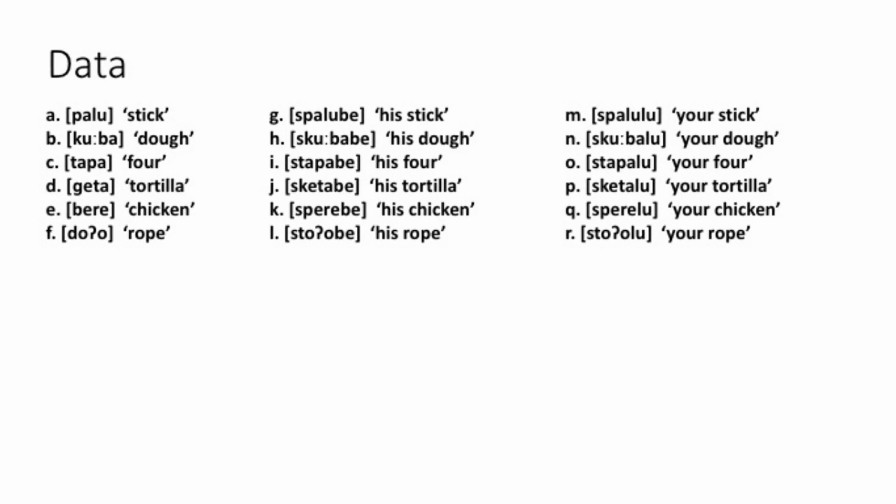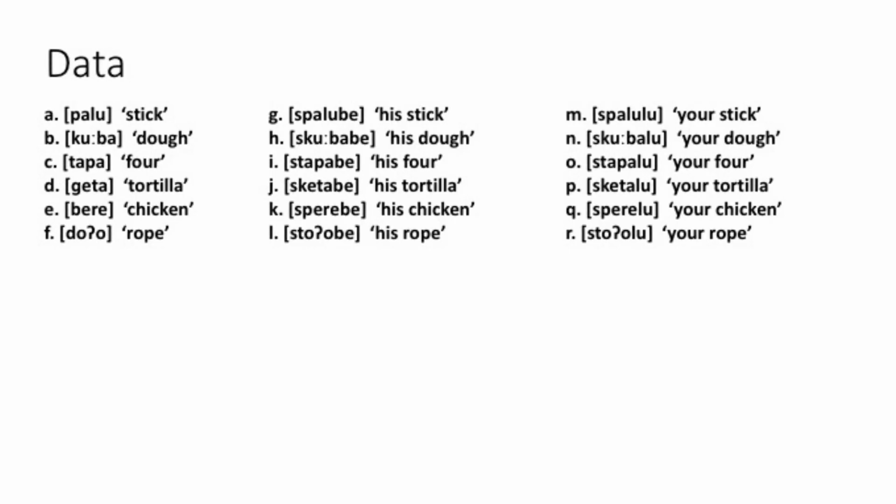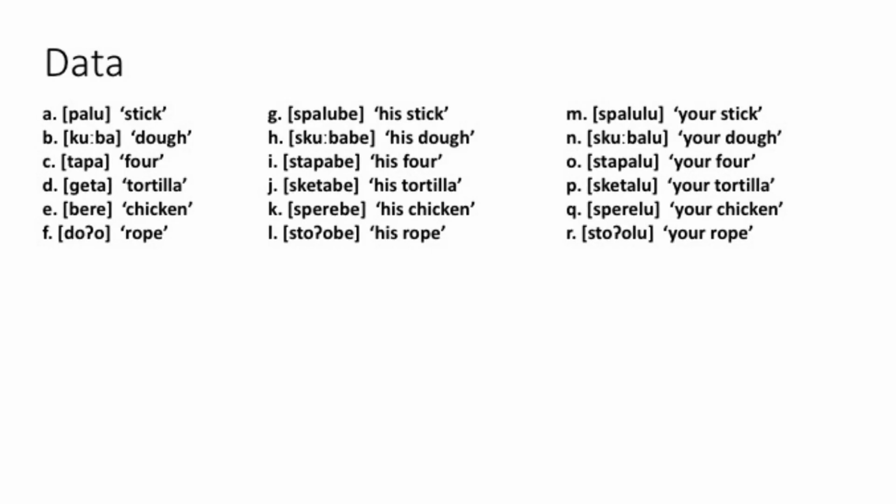So in the first column, you see this is basically the stems. So you could see palu, kuba, tapa, geta, bere, and do'o, I think. I don't know if I'm pronouncing them right, but that's the first column. In the second column, we see that there's both a prefix that's been added, the s sound, and we also see that there's a be that's been added, a suffix. Now the question here is which one is the possessive and which one is the person marker and plural markers. So what we need to do to make up our minds here is to look at the third